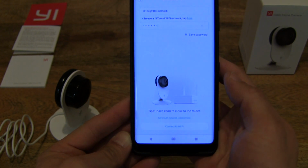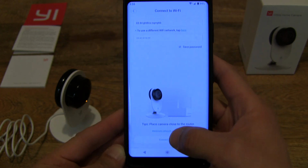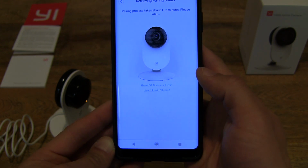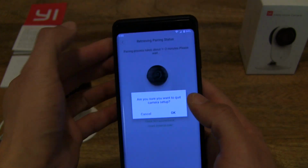So I heard "waiting to connect," tap on that. And of course, connect to Wi-Fi, it's asking me. Place the QR code towards the camera lens to connect and wait for it to scan. Okay, so